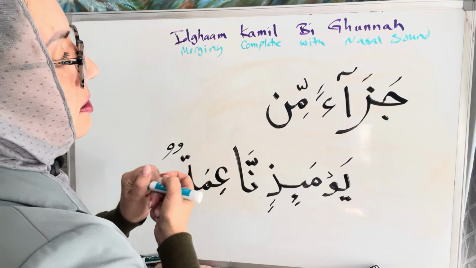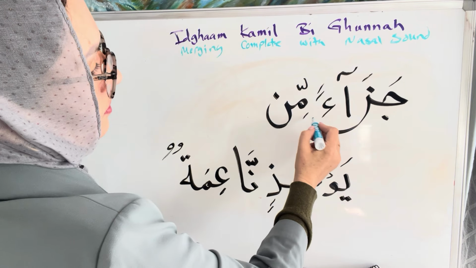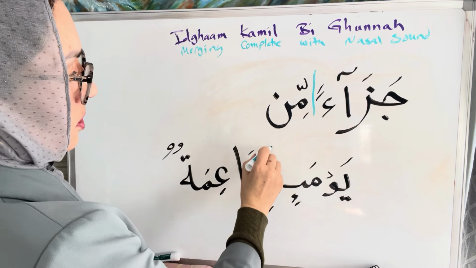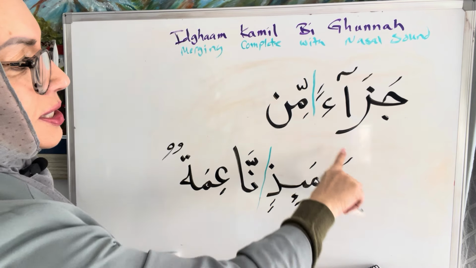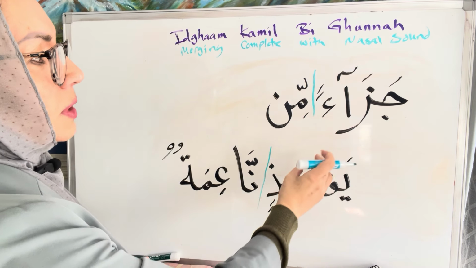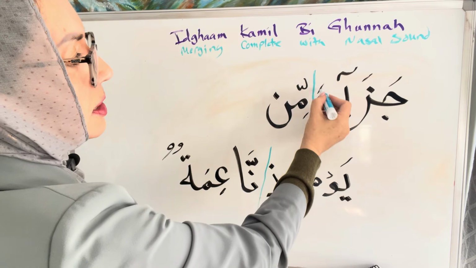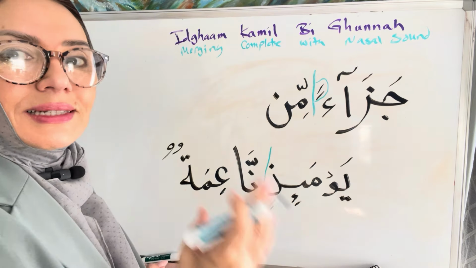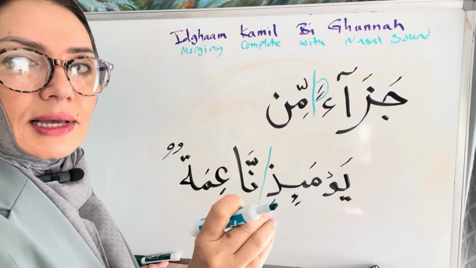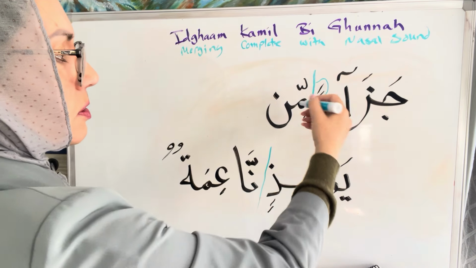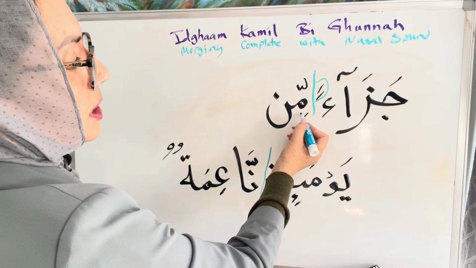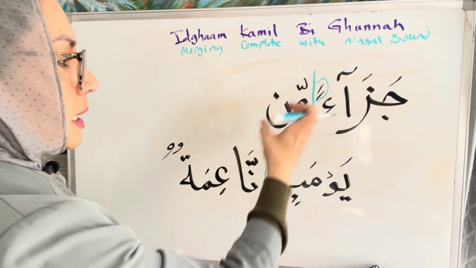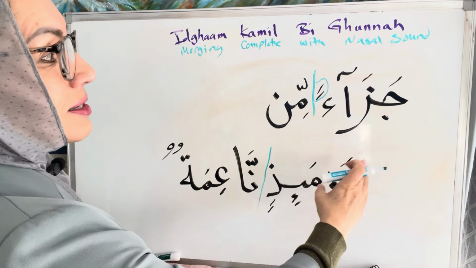Our focus point is this area. These are two words, jaza'an and then min. Now we have to read it together. Here's our tanween. Remember I told you tanweenat are not identical, meaning they're not exactly parallel. The lines are a little bit off. And then it's followed immediately by mim mushaddada. So now we have to merge this completely. We're going to read it as